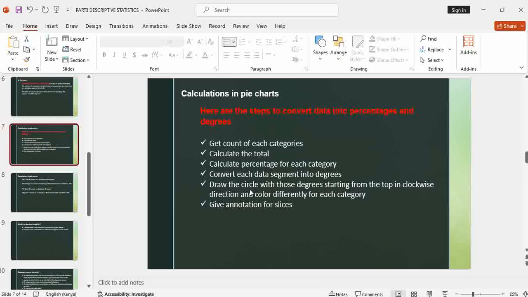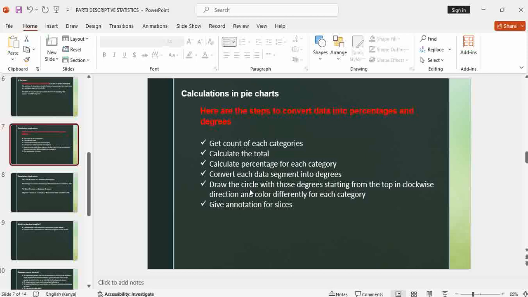The next step after having your slices is now to color each slice the way you want it to be. For example, you can say green to represent male, blue to represent female, and maybe yellow to represent prefer not to say. After having drawn your circle, gotten the slices